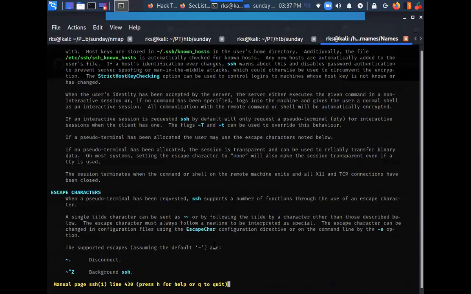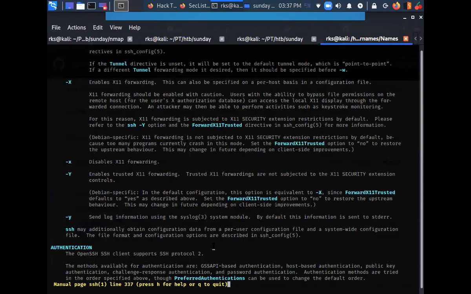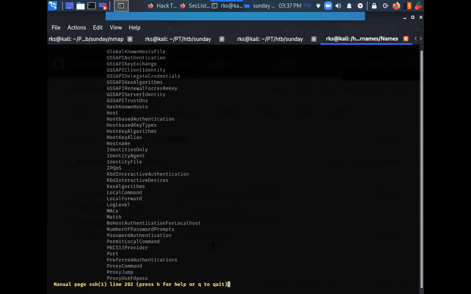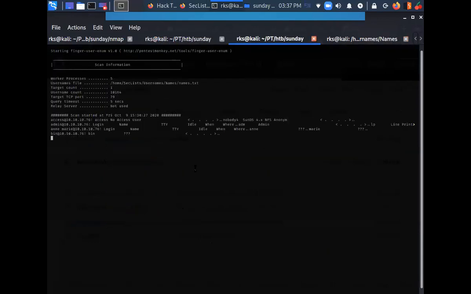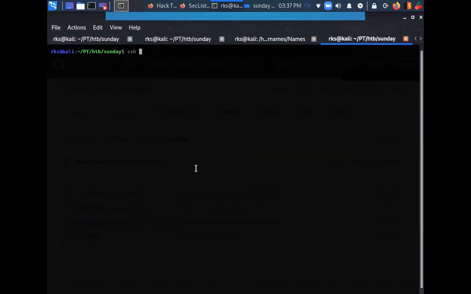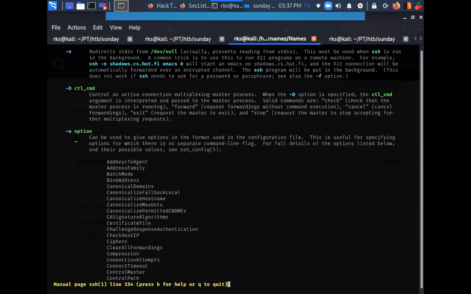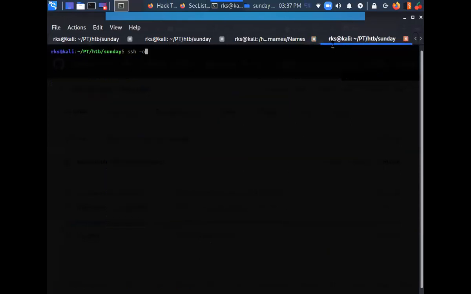Okay, so let's use this flag. Copy selection. ssh hyphen o, I believe it was hyphen o only, for option. Paste the flag here.